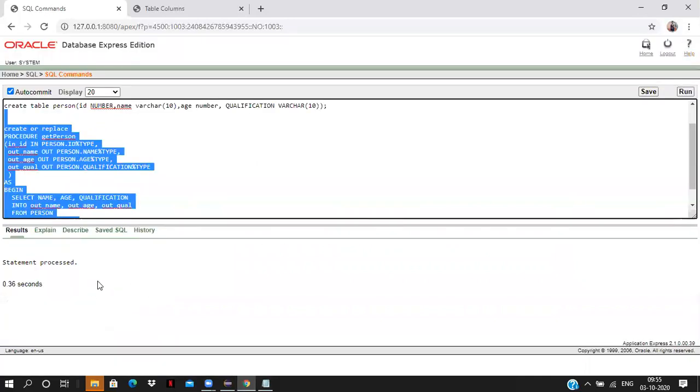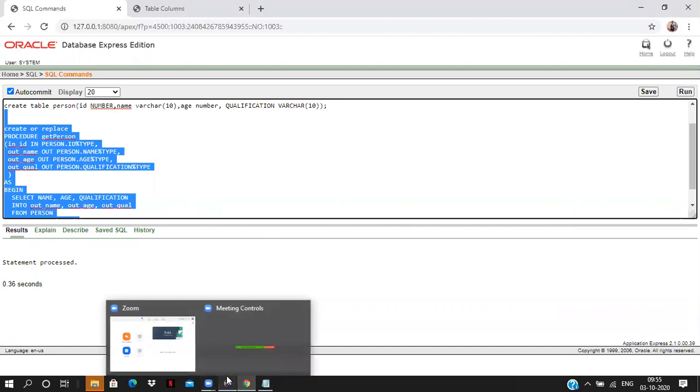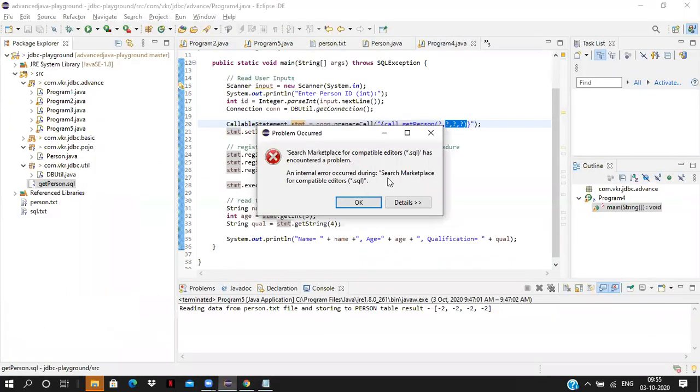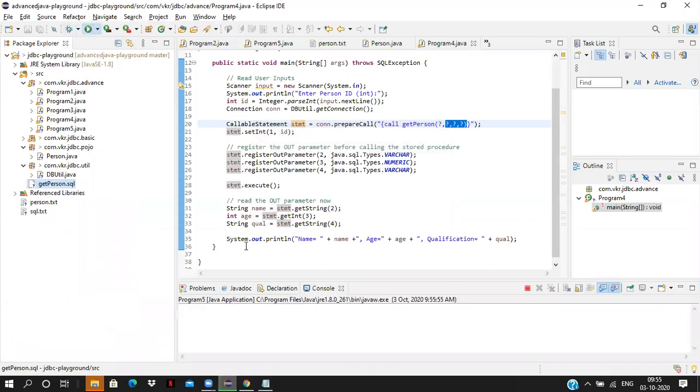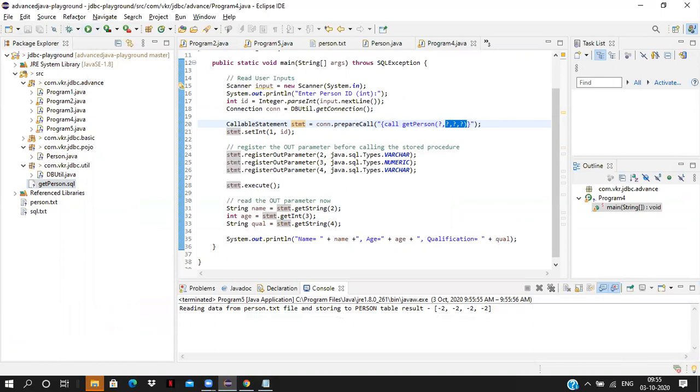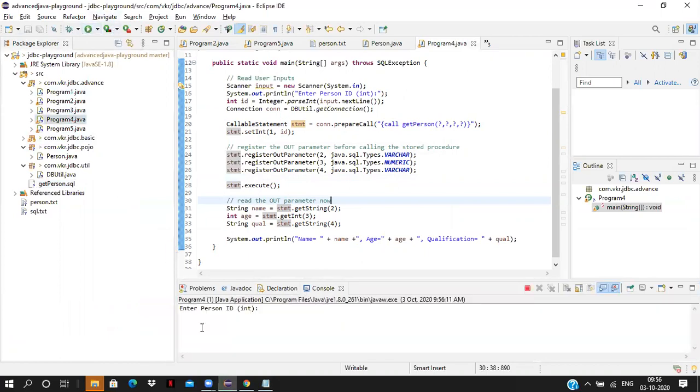Statement processed. Stored procedure is created now. Now let's go and run this. Now I want to get the first record. Program 5, program 4. Run this.